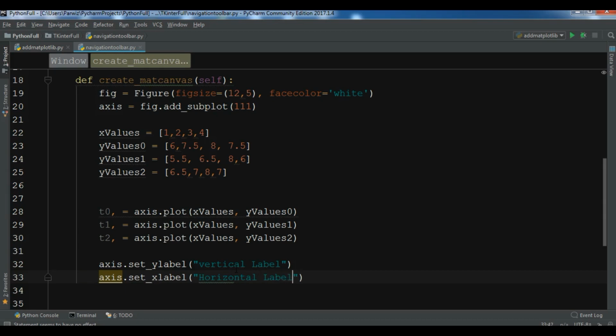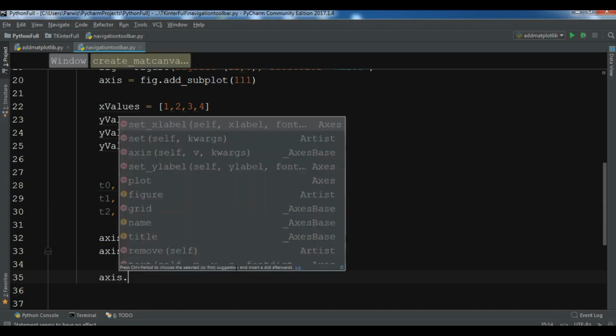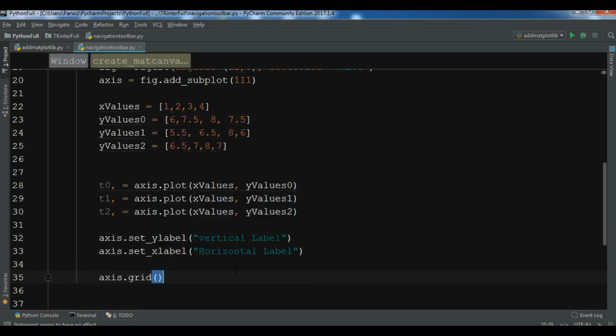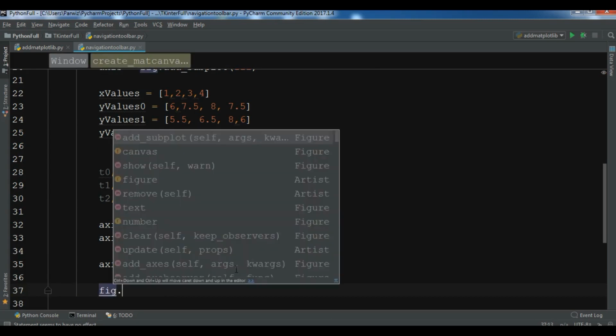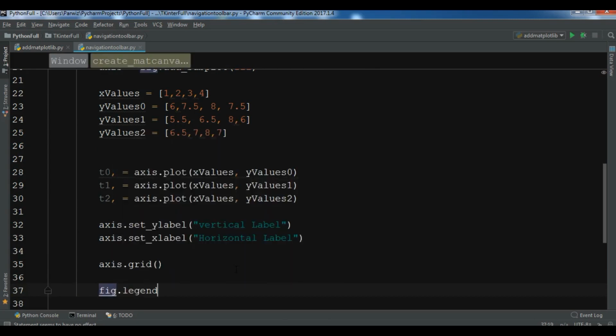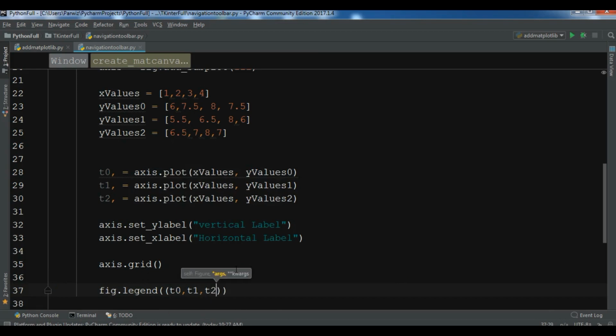Horizontal label. After this, now we need to add this to the grid like this, and we are going to create the legend. So fig dot legend, we need to create a legend for our T0, T1 and also T2 plots,